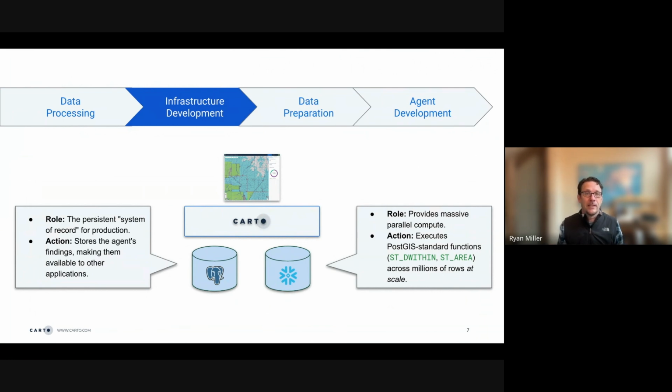And these are both accessed through CARTO's Builder map, which provides one interface to multiple data sources to implement and execute these types of operations through a single agent interface.